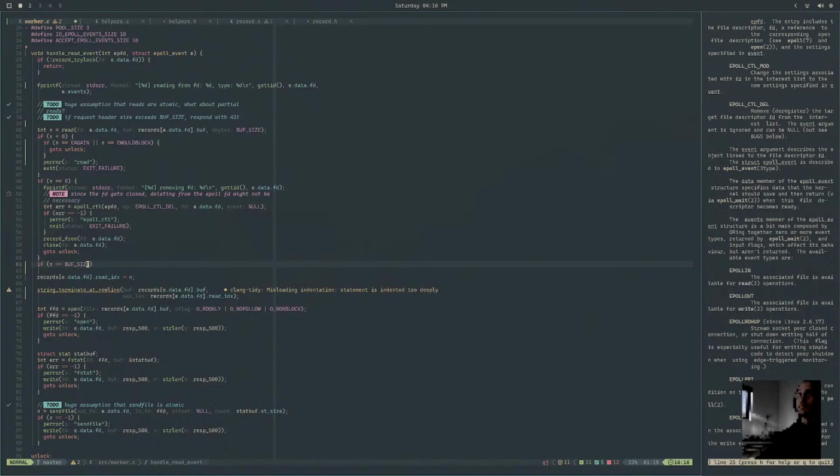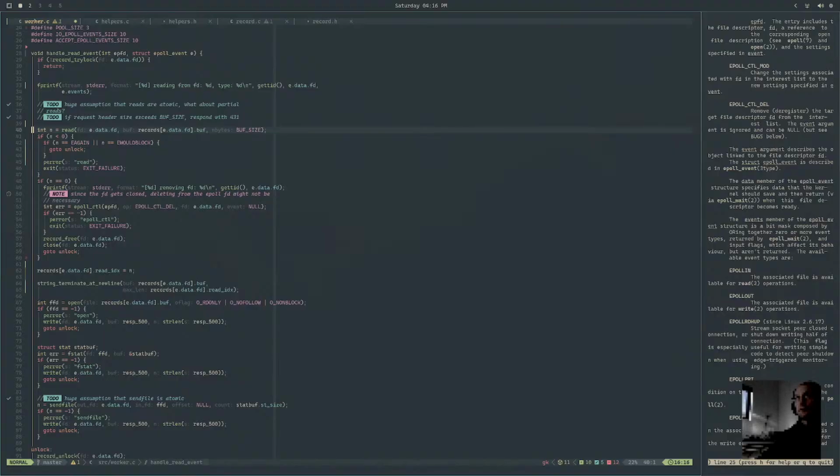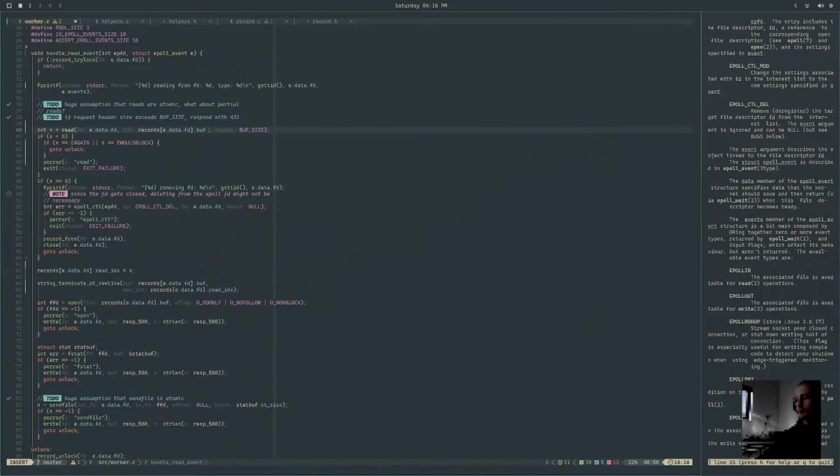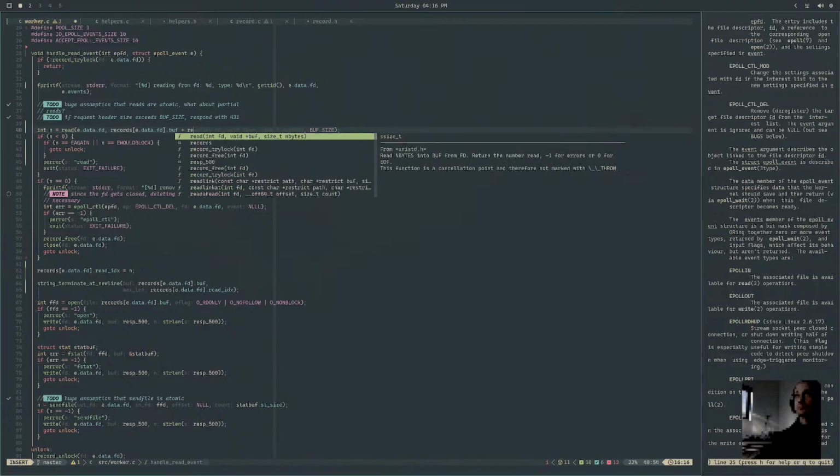It's not even n. It would be different, because we're reading into the buffer at an offset of the buffer. Yeah, so we need to change this to be a little bit different. So we say, hey, I'm reading from the file descriptor. The buffer, we need to advance this. Since buffer is a char star, we can then just say plus whatever our record's